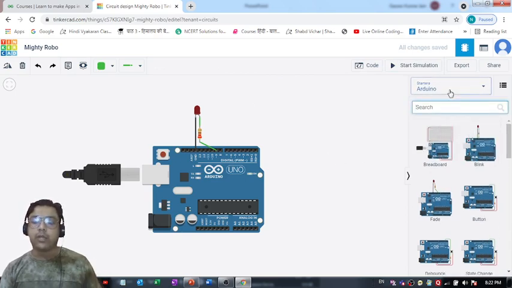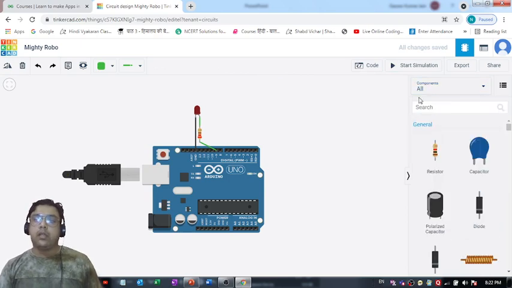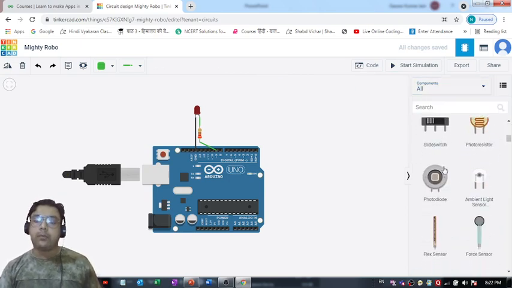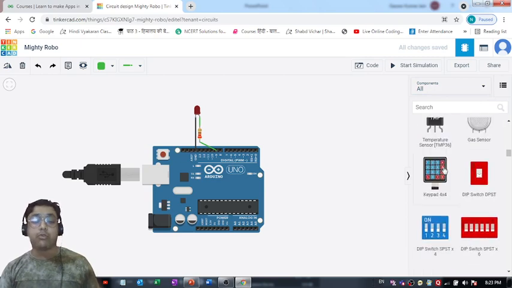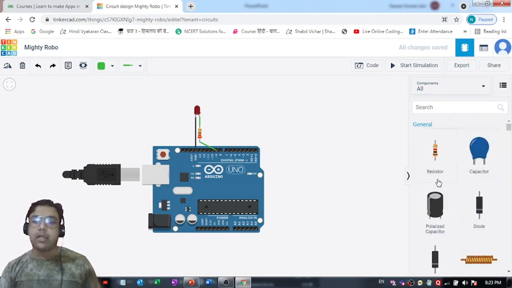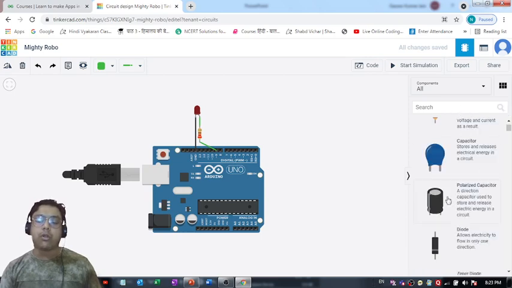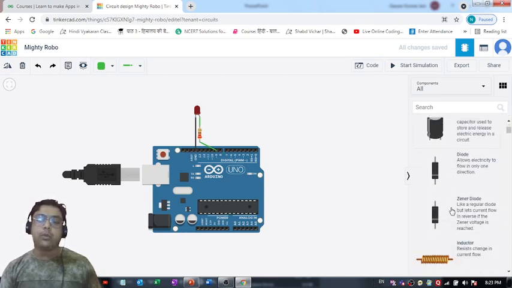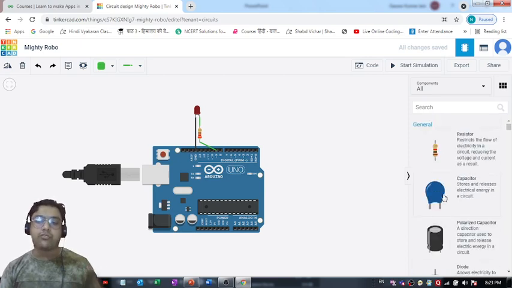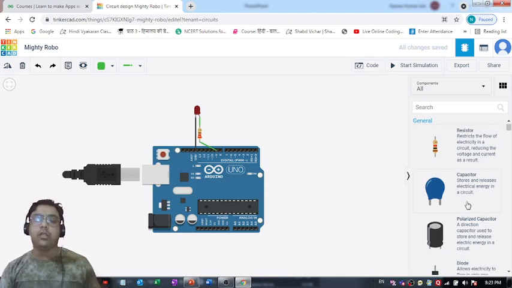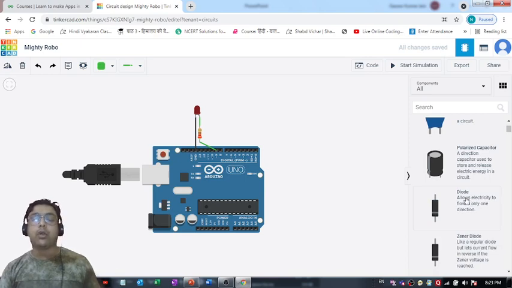Besides that, I would like to tell you one more thing. If you come to this All option, you will be able to see all the electronic components you can make use of for creating electronic circuits. Suppose you do not know the function of this polarized capacitor, so you do not have to go to Google and search for it. You can simply make use of the list view, and automatically that's the view you will get, where along with the component structure and its name, you will be able to see its function also, a description related to its function, which can help you in resolving your query.